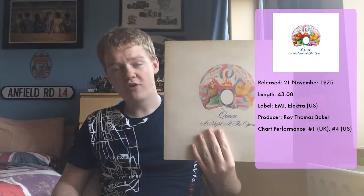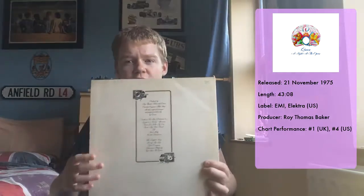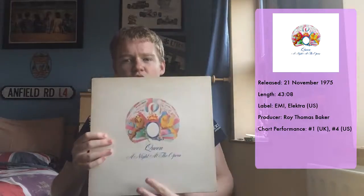I luckily enough own the original vinyl. This was my dad's original vinyl record that he had at the time. He's kept all the Queen